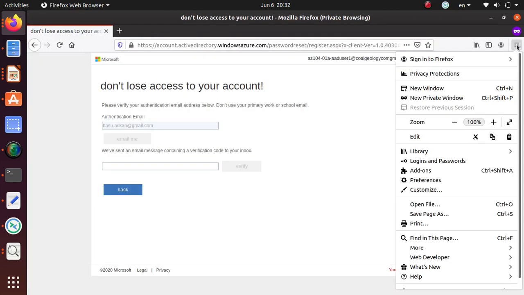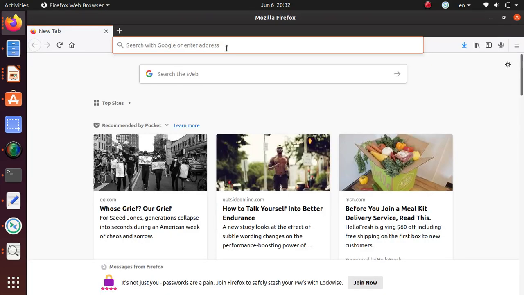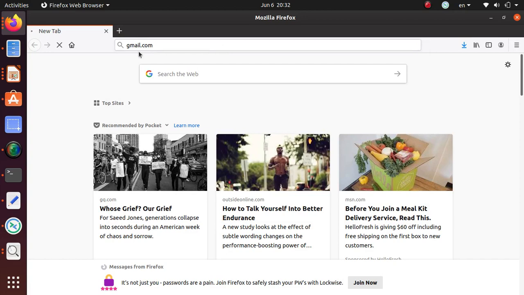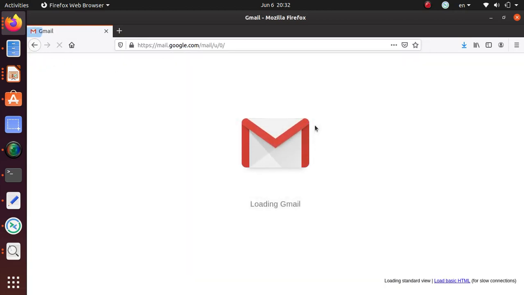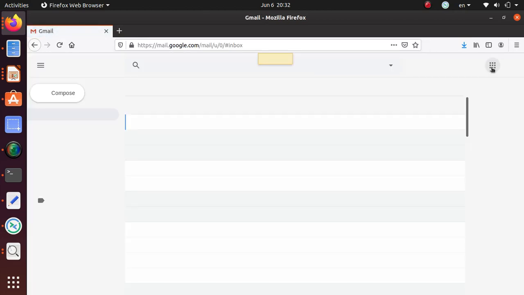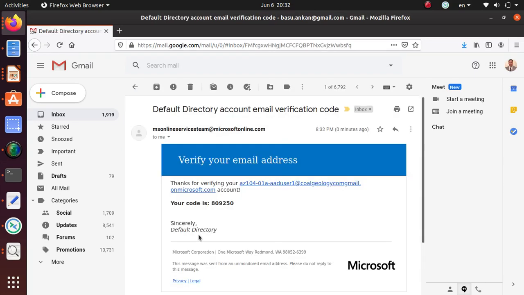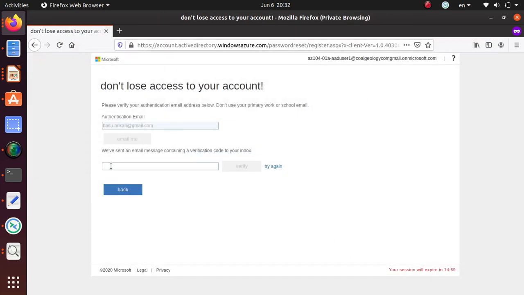I don't want in private. I'm just gonna go regular window. Just gonna go to Gmail, and let's see if I'm logged into my account. Yes, I am. So let's open my email where Microsoft has sent that verification code. Let's get the code. And now I can close this window and put that security code back in and verify